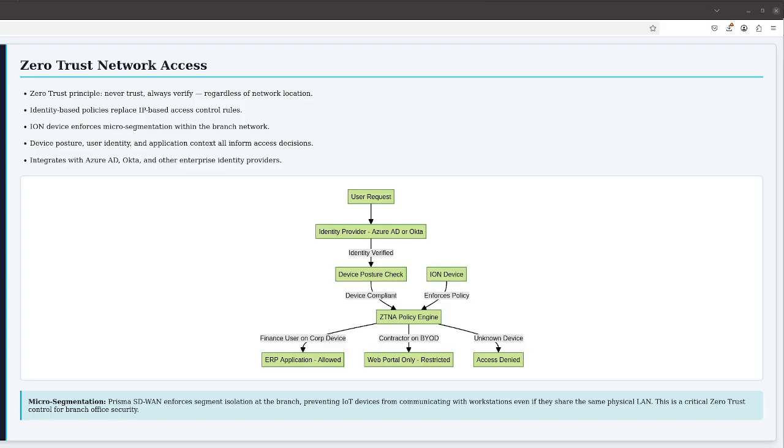Prisma SD-WAN plays an important role in enabling zero trust at the network layer. Traditional SD-WAN products provide connectivity but treat security as an add-on. Prisma SD-WAN, as part of the Prisma SASE platform, integrates zero trust principles directly into the fabric. The first zero trust capability is identity-based segmentation. Rather than defining network access policies based on IP addresses or VLANs, which can be spoofed and are difficult to